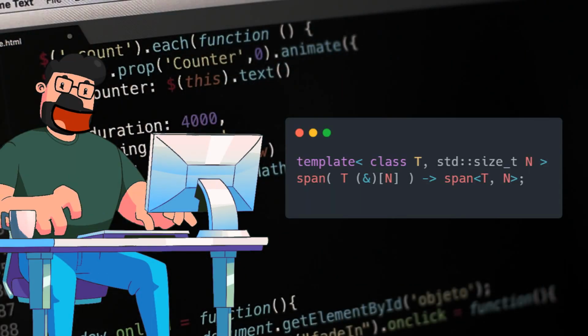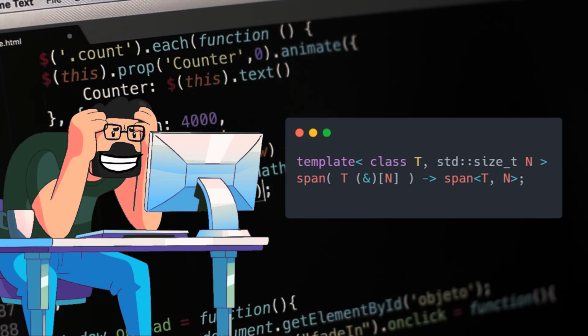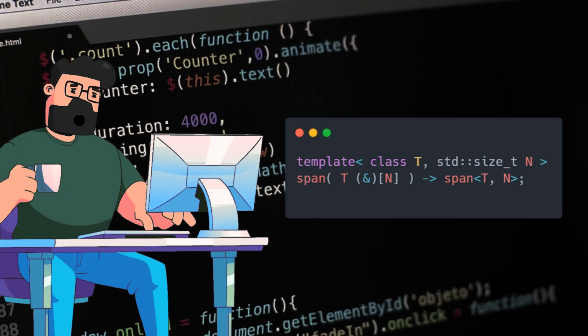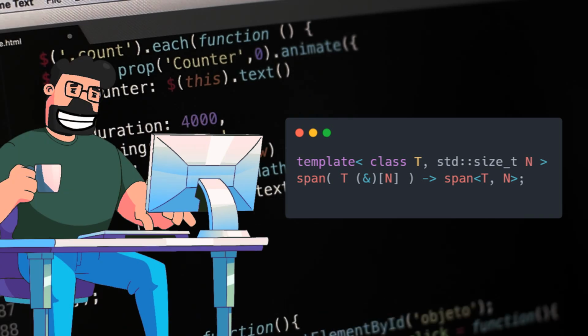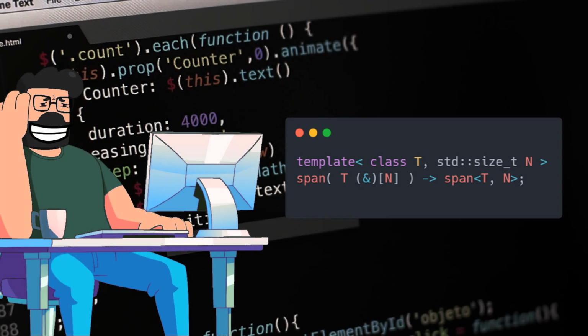Now, let's wrap things up by discussing another key part of the solution. By including a deduction guide in the form of a template that matches the constructor signature, we can ensure that the span's extent is determined statically. This guide helps in deducing the correct extent based on the size of the array passed in, making the span